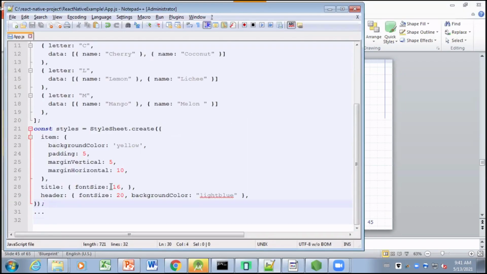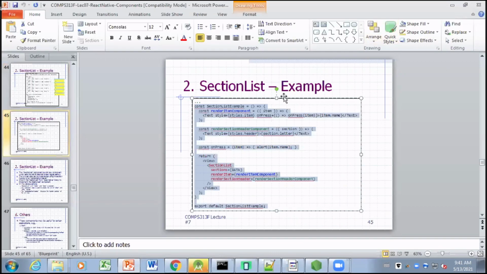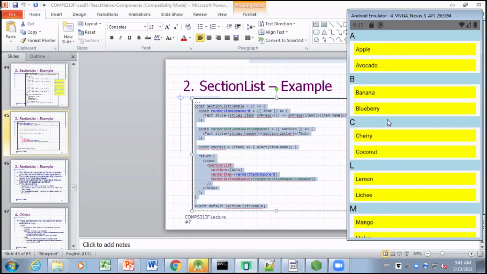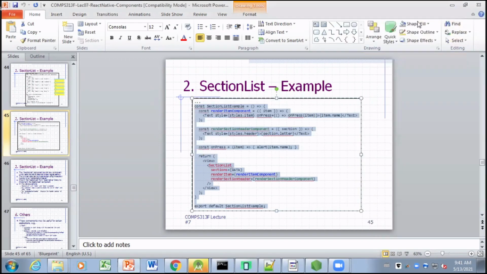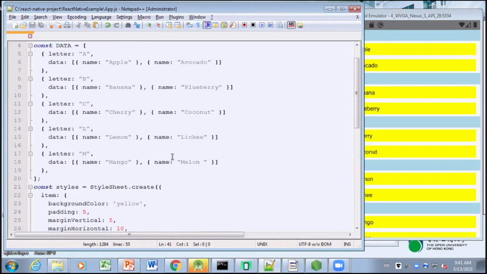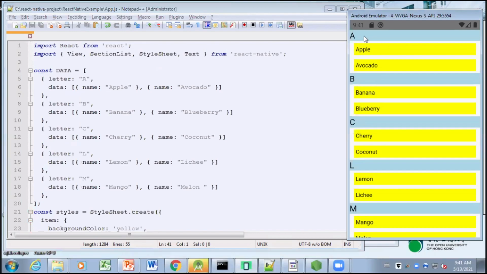As it is a little bit lengthy, therefore I just separate it into two slides, two PowerPoint slides. Okay. It is the appearance of the list when using section list in the React Native framework. You can see that the section component is introduced. Okay, the color in yellow is just the item contents, just the same as the one used in the flat list. And then the items in light blue color are section A, section B, section C. It is just used to list out all the fruits,